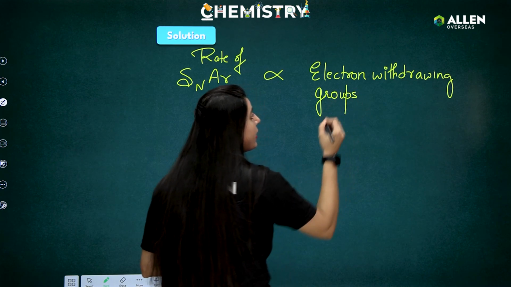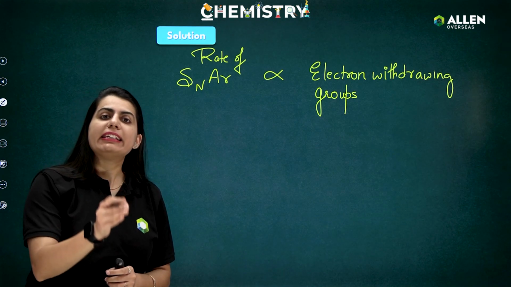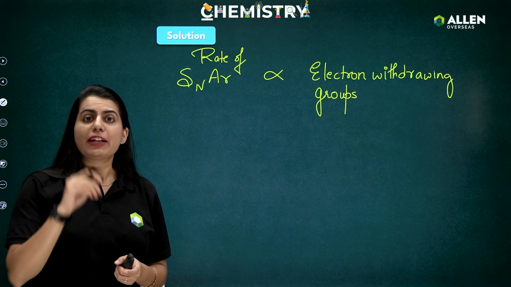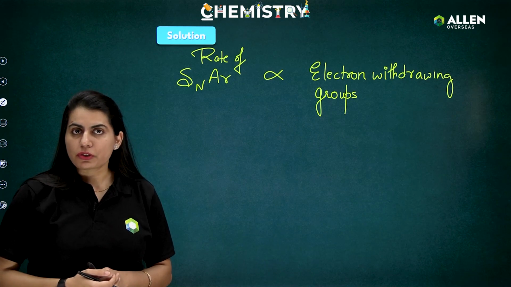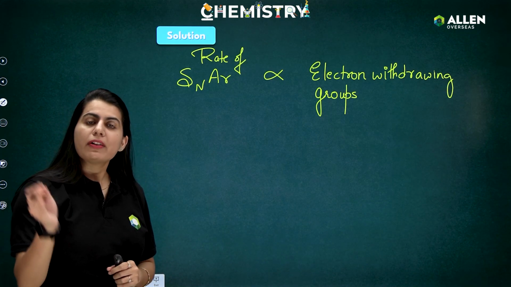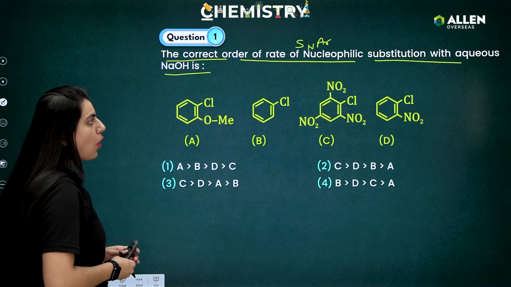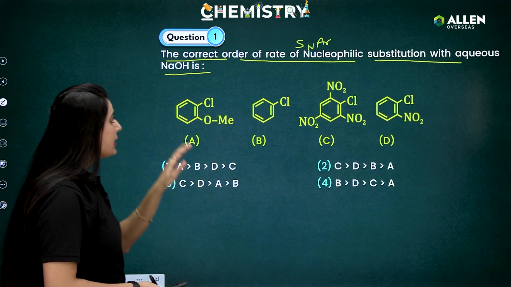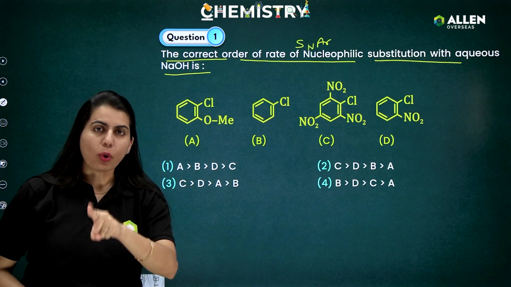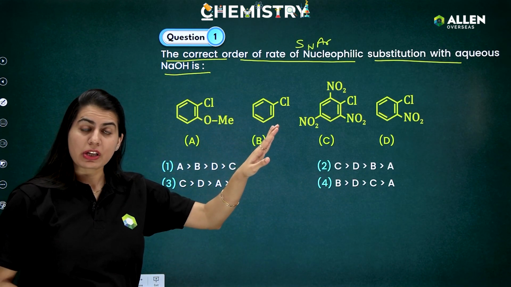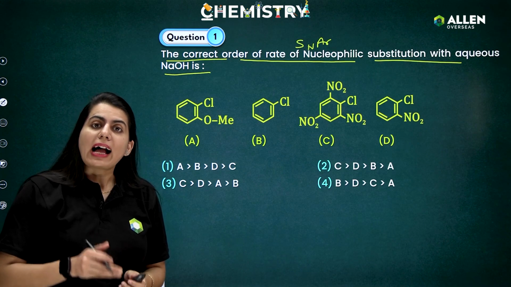We'll keep in mind that in SNAr, which is addition elimination, the intermediate which is forming is a carbanion. And to check the stability of the carbanion, we need more and more electron withdrawing groups. So the more electron withdrawing groups we have, the higher will be the rate for SNAr. Now when I see all these options, I can see that I have been provided with chlorobenzene in all these 4 options, and I need to substitute that with OH because we are provided with aqueous NaOH. Now without these electron withdrawing groups, this task is very difficult, because